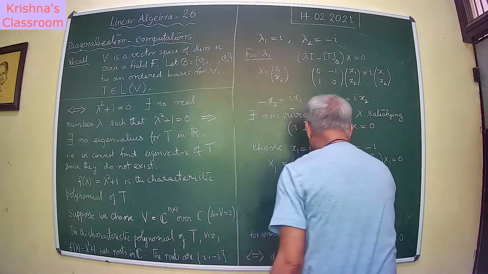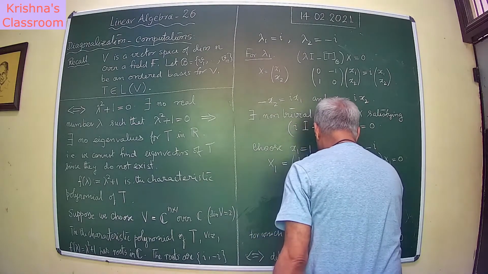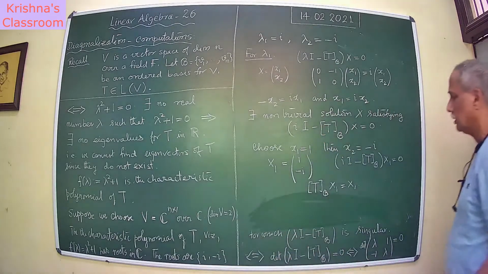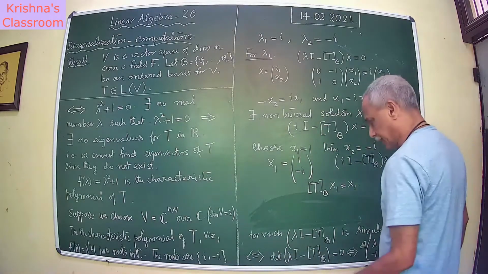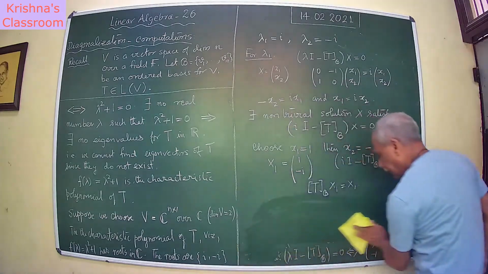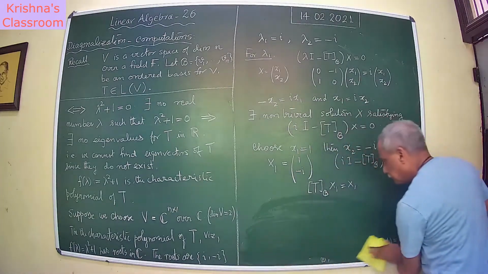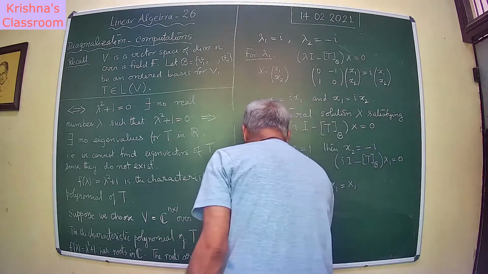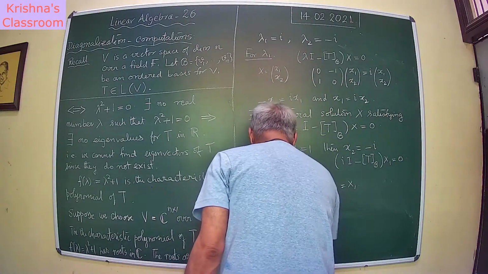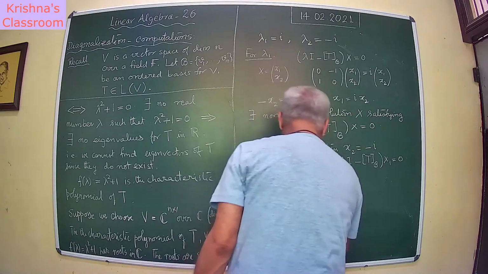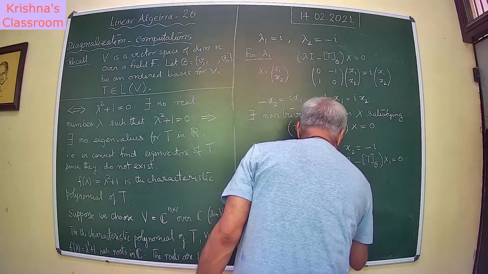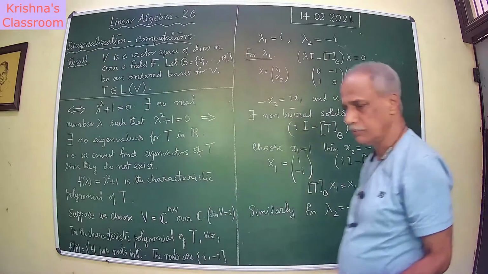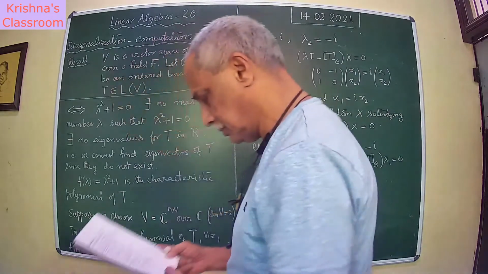It is PB, that is one vector. Now similarly for lambda equal to minus I, which is the other eigenvalue, we have